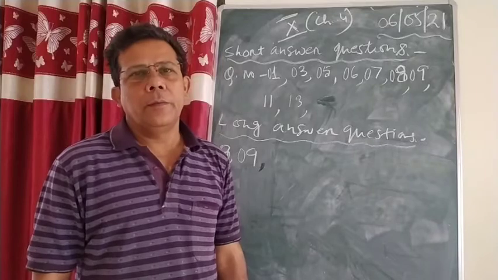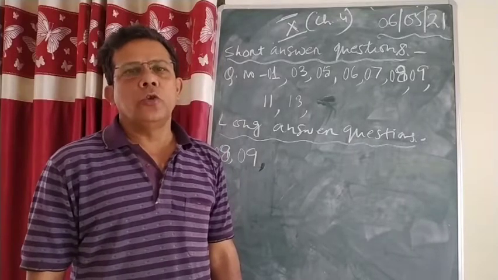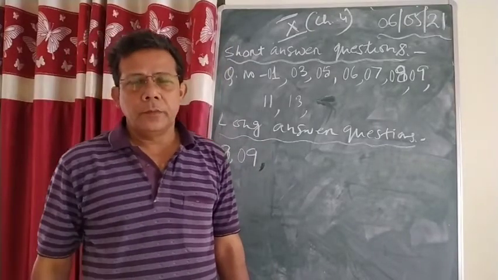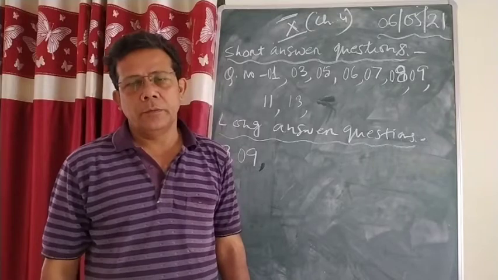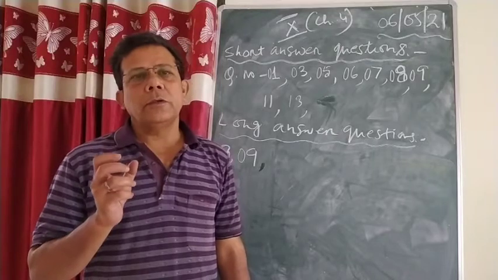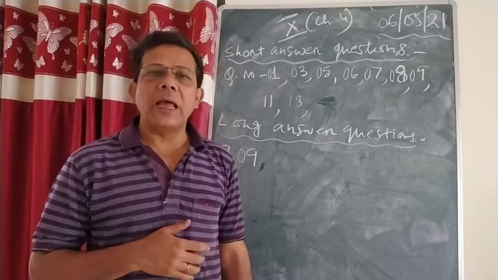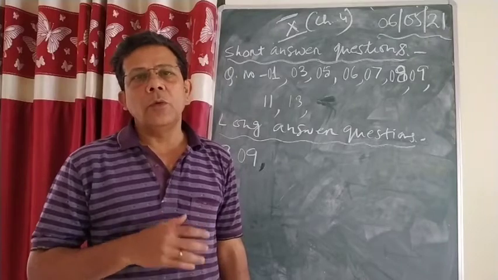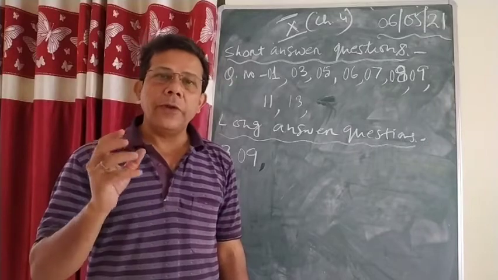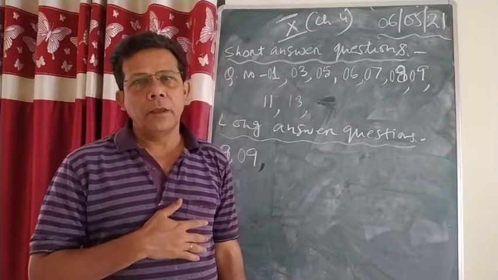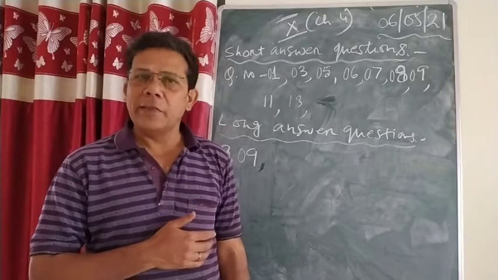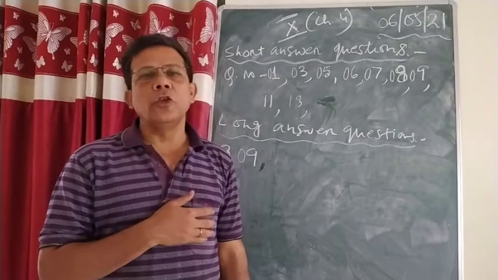We have already completed Chapter 4, the Consumer Protection Act. Once more, let us recollect what all things we have discussed from this chapter. Number 1, we discussed the meaning of consumers. Then we discussed why this Consumer Protection Act has been passed. Then, what do you mean by consumer exploitation? Then we discussed the different types of exploitation. Then we discussed the salient features of the Consumer Protection Act. And then the rights of consumers have been discussed.